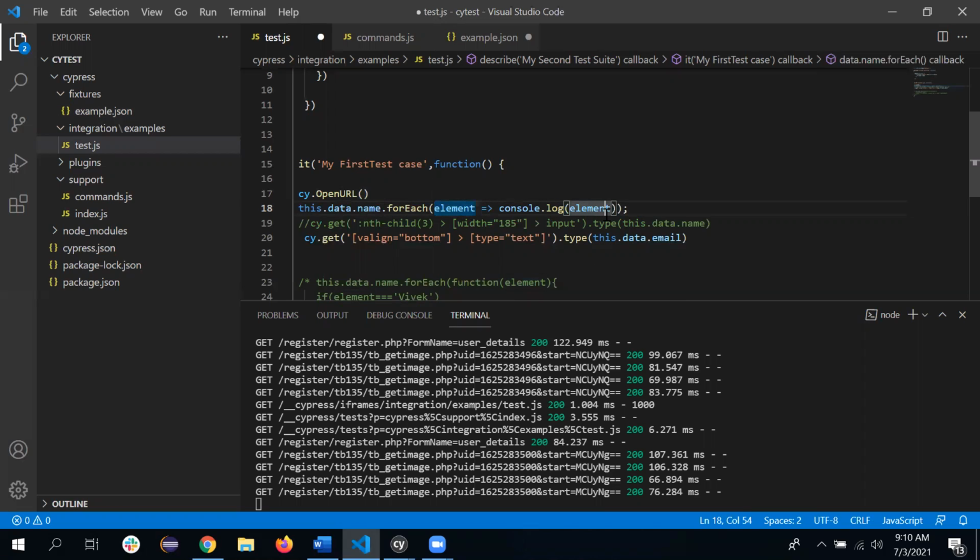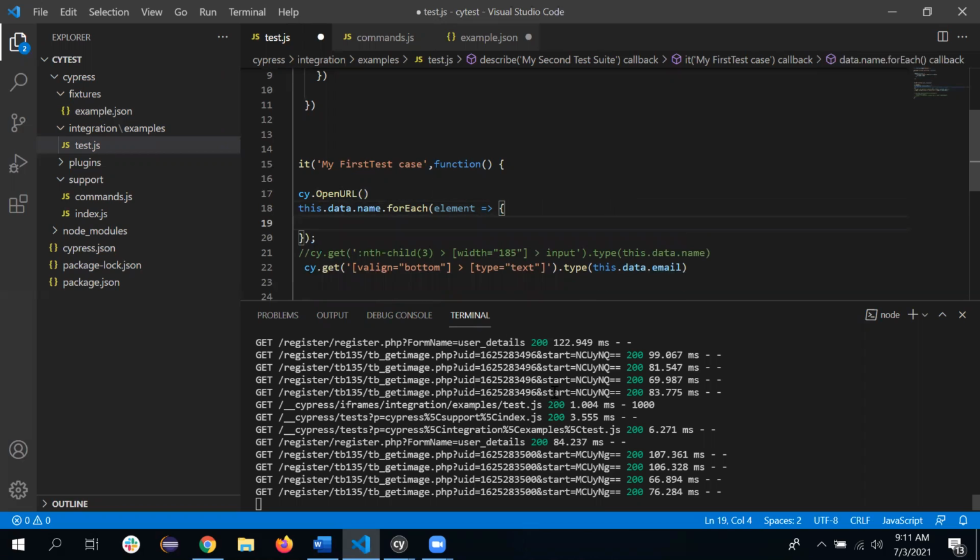Now we need to perform the operation instead of the login. So just delete this syntax. Just open bracket, close bracket. That's all. Whatever syntax or condition we want to perform, we can write inside these curly brackets.